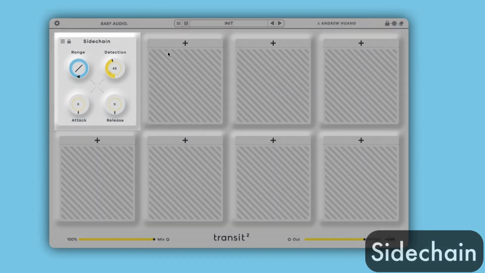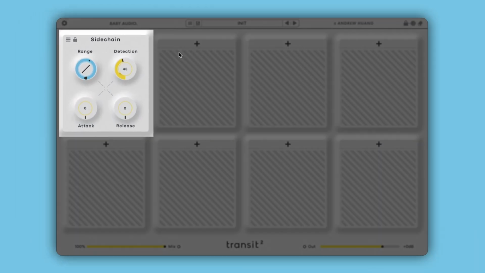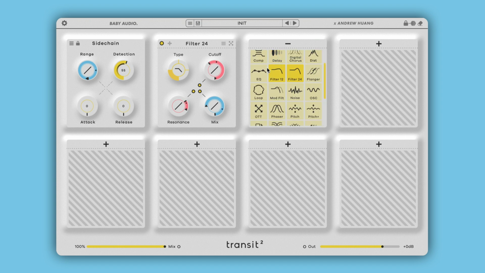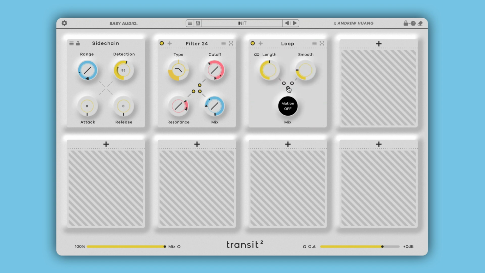So Transit 2 now has a sidechain motion source, which allows you to take the volume output of one signal and use it to control the parameters on another. So in this case, Transit 2 is now sitting on an instance of BA1, but the sidechain input is being taken from the drum loop, and I can use it to control all sorts of different components here, including the wet-dry on this loop,